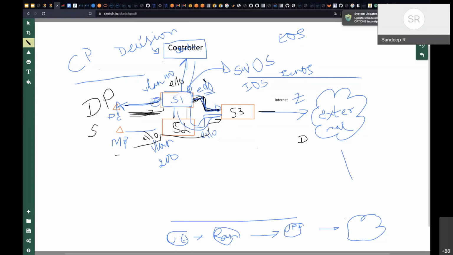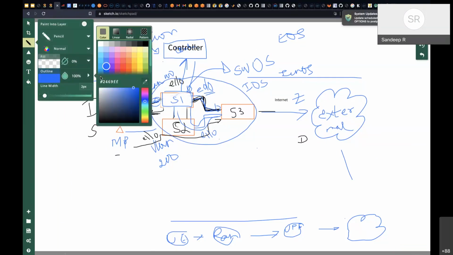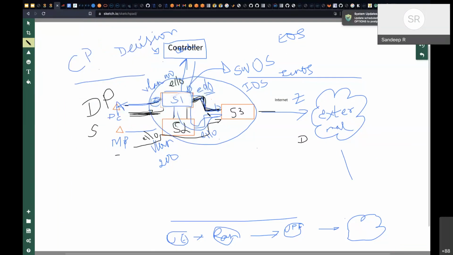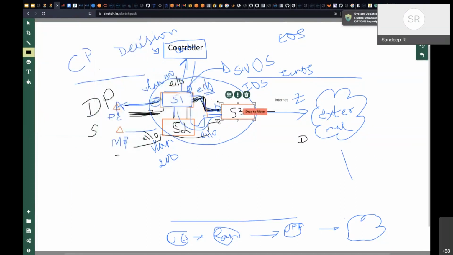So now let us say this is the system, right? And we want to drop in a firewall. In a real sense, we should have dropped the firewall somewhere here. Let me take this red color.